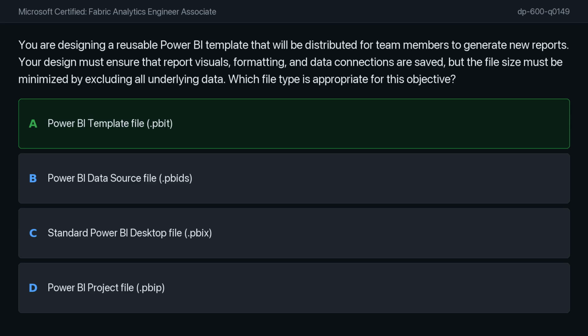In my view, the correct answer is option A, the Power BI template file. These files are purpose-built to preserve report metadata, including visual configurations, formatting, and data connection strings, while intentionally stripping out the data itself. This makes them perfect for distributing templates that team members can connect to their own local or